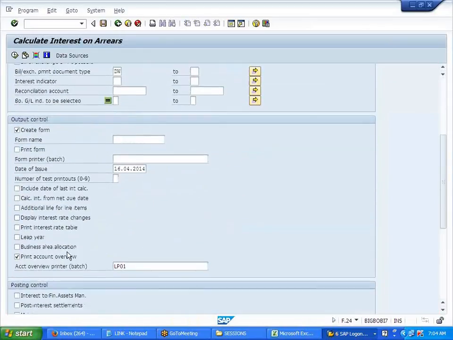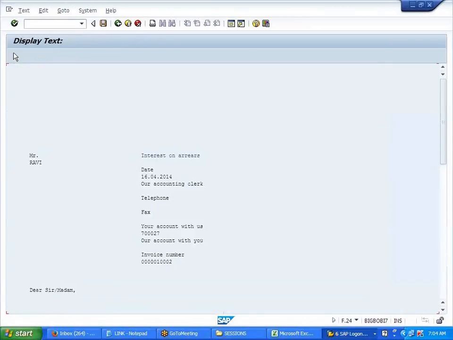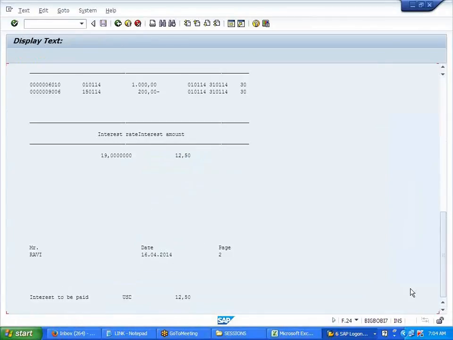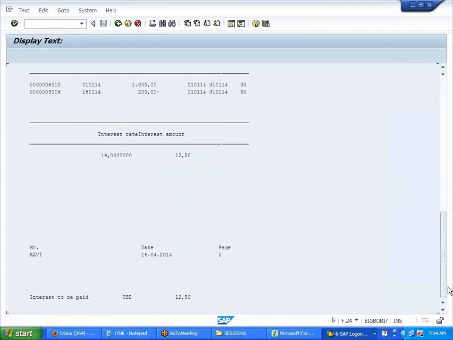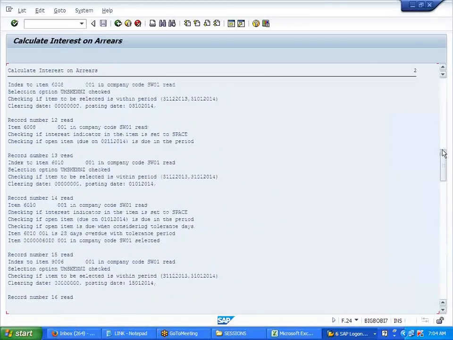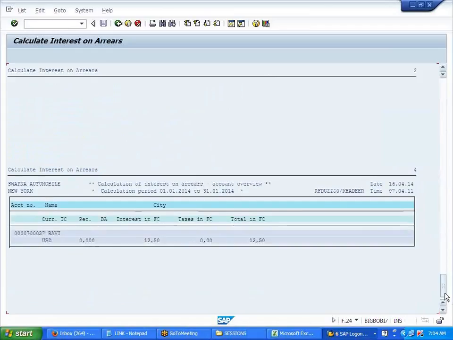Uncheck. If you want to run it in the real run, if you want to hold the process session, you can hold it. Select this. Execute. $12.50 total amount.